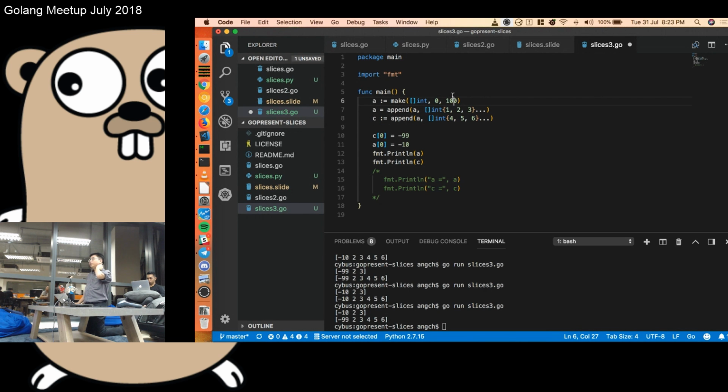So even though we know that slices in Go are sometimes references to an underlying array, so that we do not allocate way too many things and the slices refer to the same physical memory to save some memory, because we are working with references, you must be very careful that anything that references the same underlying array is going to have the same value. So same value over here, same value here. You change the same thing because A and C are referencing the same underlying array, you get the same value. Negative 99 is actually overridden. However,